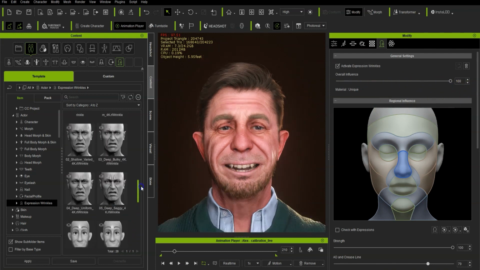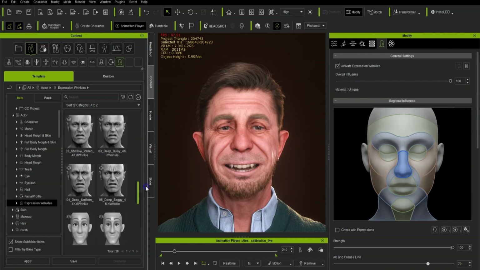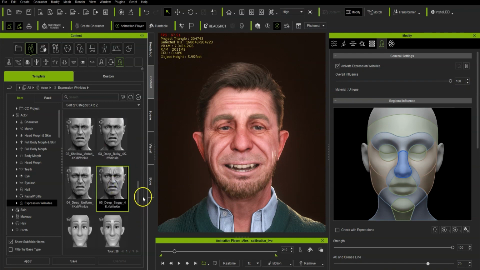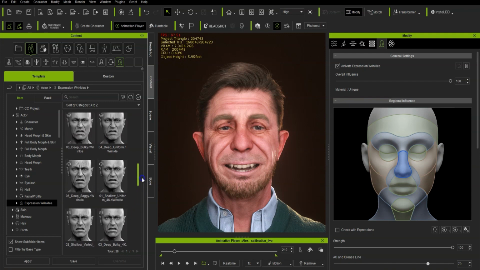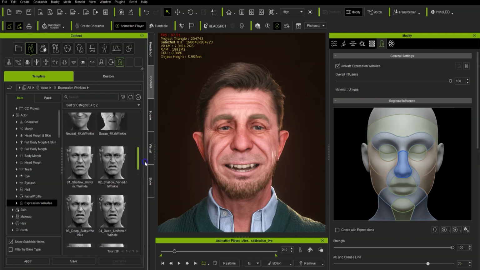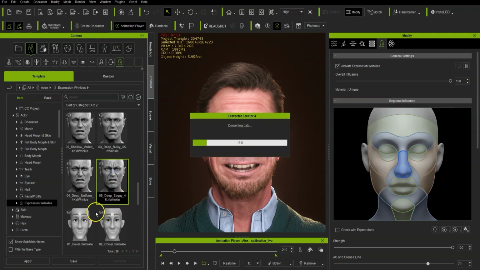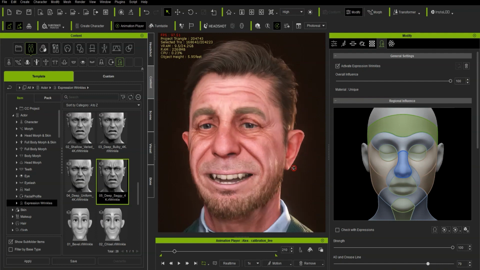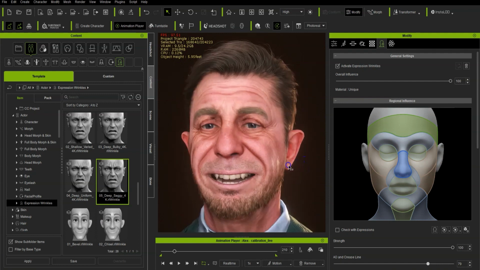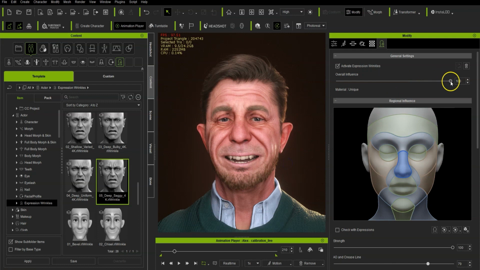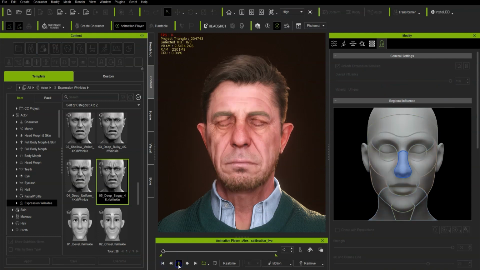With this one, I'm definitely going to go with a more detailed example. So let's go with the deep saggy 4K wrinkle example again, just to really emphasize wrinkles on this face. You can see there how it's adding them in. If you go back and press play,